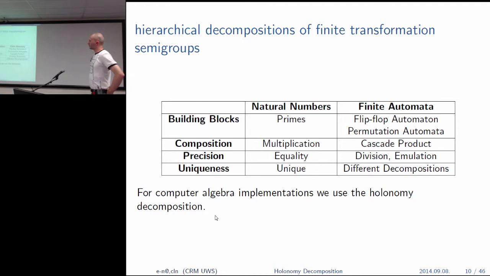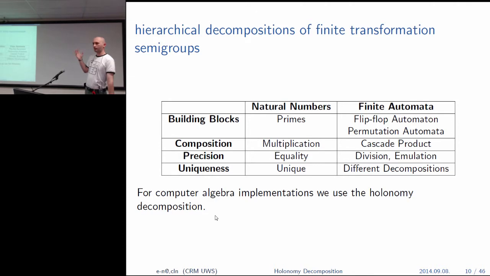And of course, for natural numbers, you have the building blocks, those are primes, and for finite state automata, well, we've just seen the examples of basic building blocks, because all you need are the permutation automata, so all those transformation semigroups that are actually